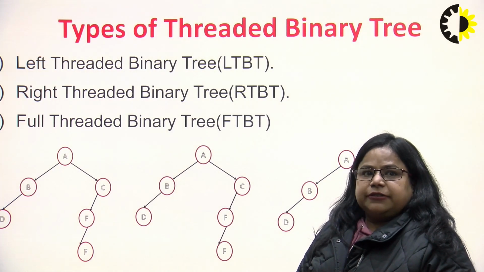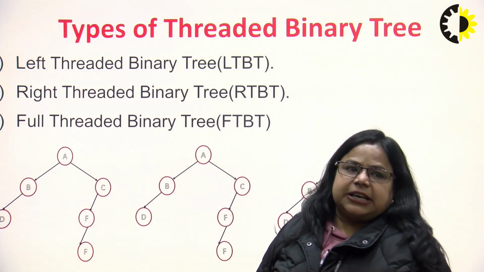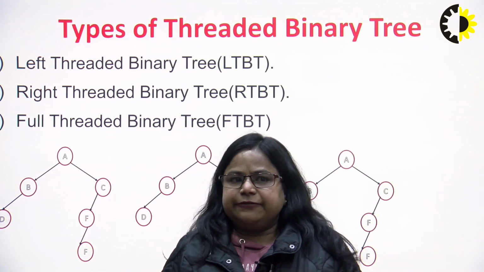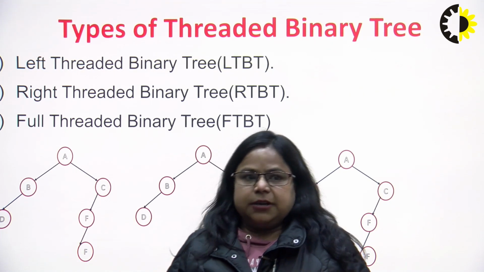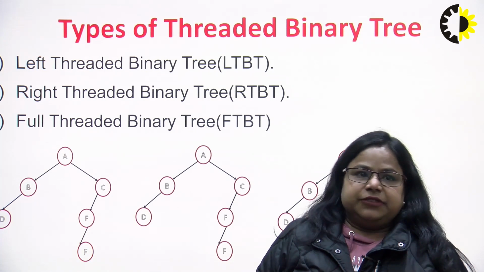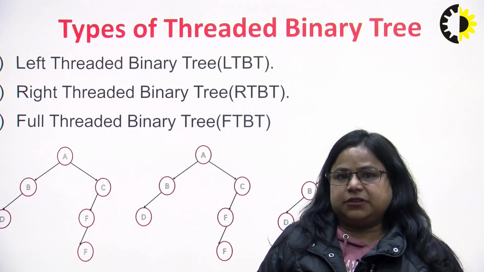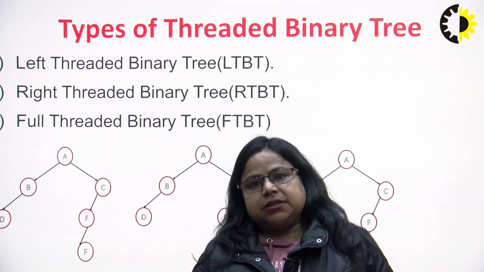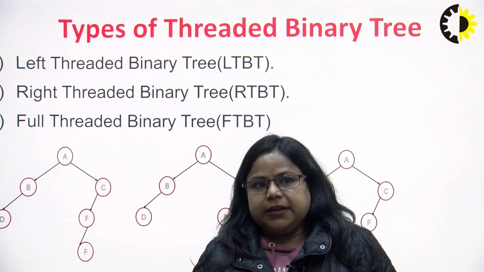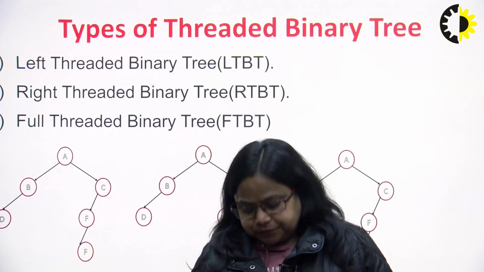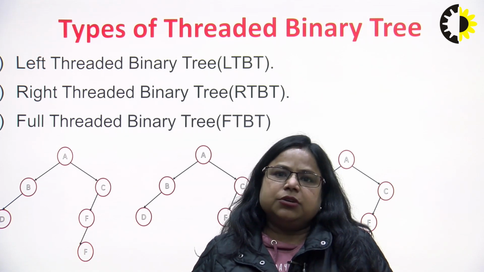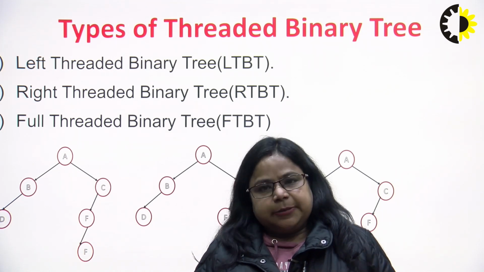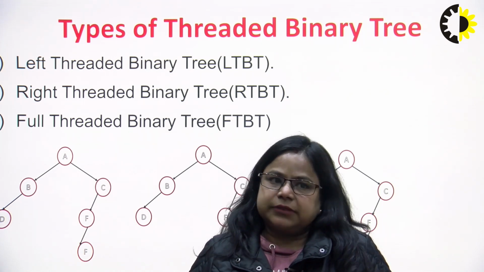Now, there are three types of threaded binary tree: left threaded binary tree, right threaded binary tree, and fully threaded binary tree. In the left threaded binary tree, we generate the threads only on the left side. Instead of replacing the right nulls, we are only replacing the left nulls, right? We create the threads for a particular node with the help of the in order predecessor. Similarly, vice versa in the case of the right threaded tree.